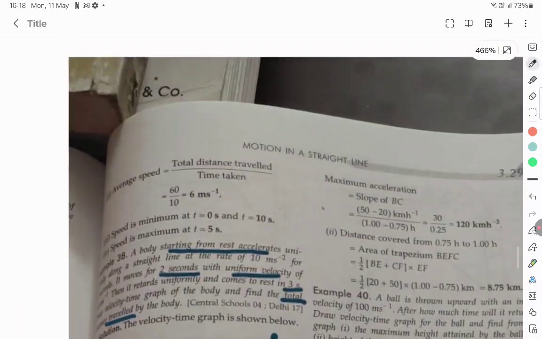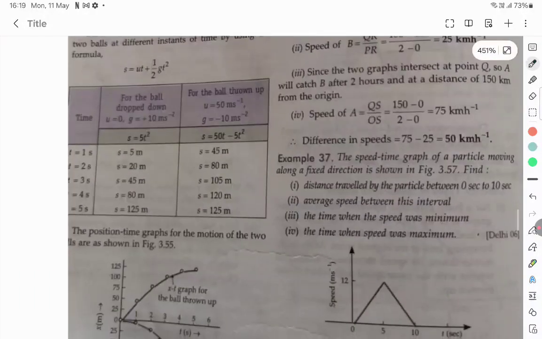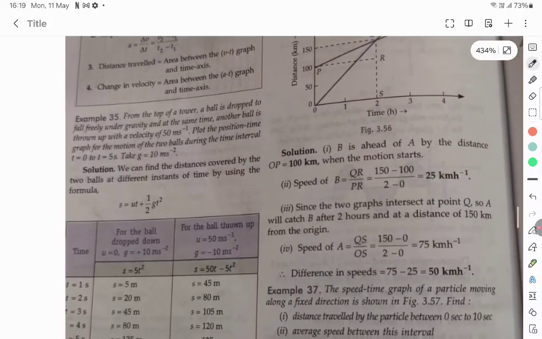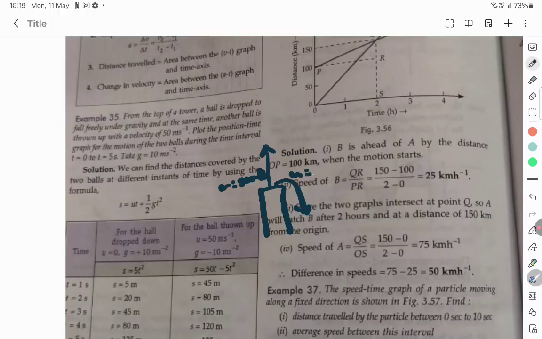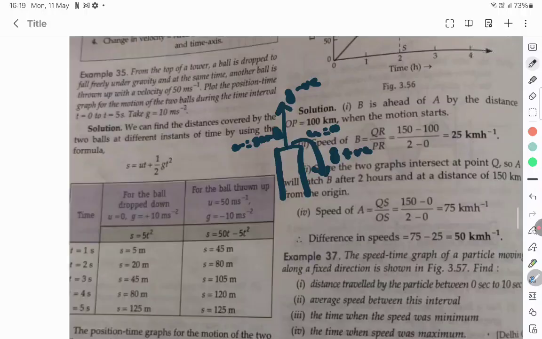Maybe one more sum. There's another sum which we dealt with here, on this page, where they would say that a ball is getting thrown down and thrown up simultaneously. One ball is thrown down, another ball is thrown up. The ball which is thrown up has initial velocity 50 meter per second. The ball which is thrown down always has initial velocity 0. Gravity for a thrown down ball is positive, and for a thrown up ball should be taken as negative, and use the formula s is equal to ut plus half at square